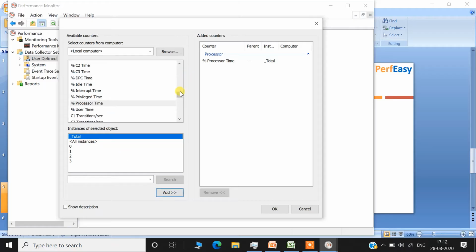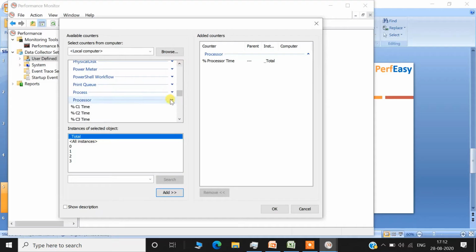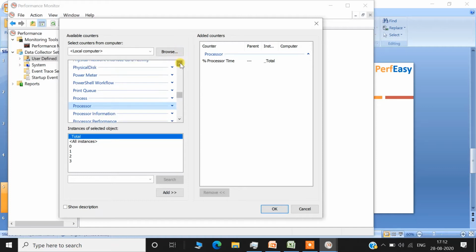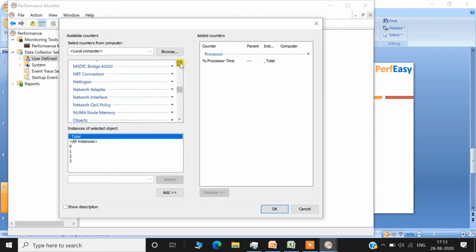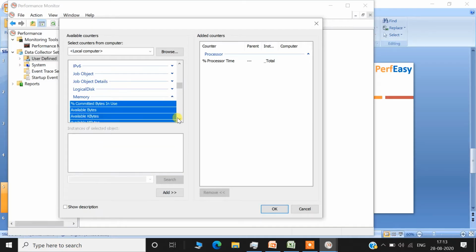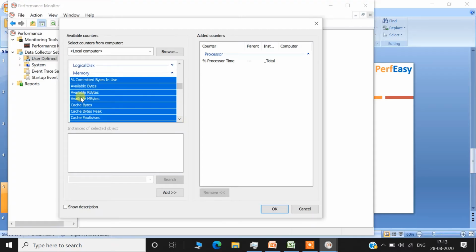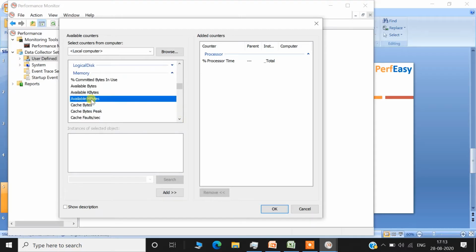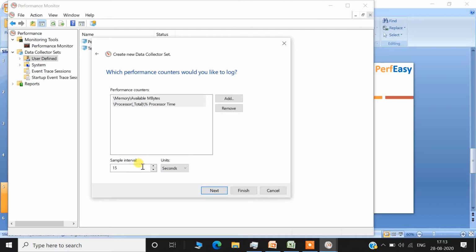Okay, let's add one more counter for the memory. Memory is sorted alphabetically, so we need to go upwards. Expand the memory, go a little down. I need to select how many MBytes are available during my test. Click on add, click on OK. Now another important thing that we need to make sure is how much sample interval we should